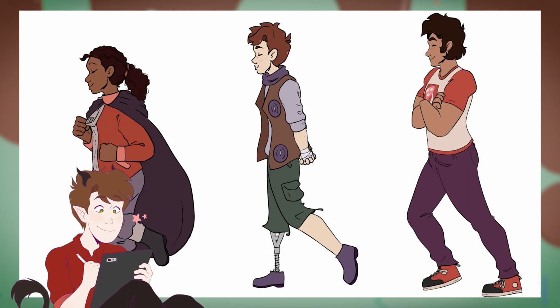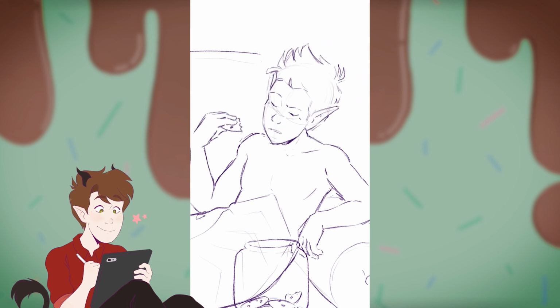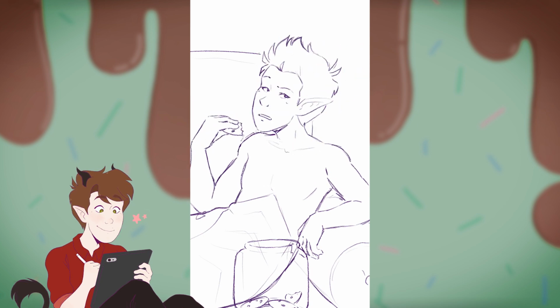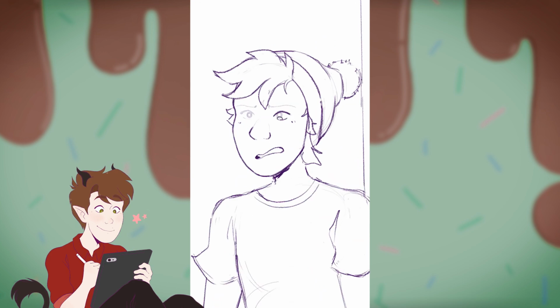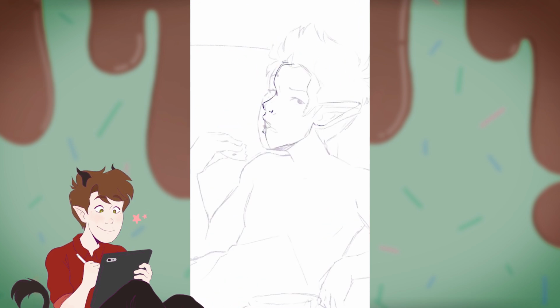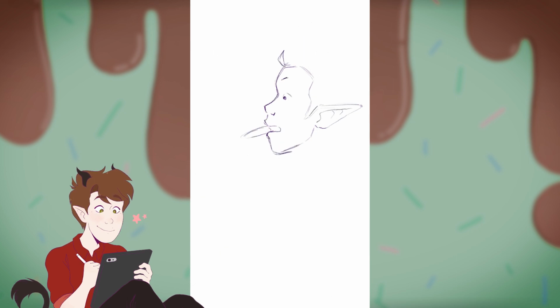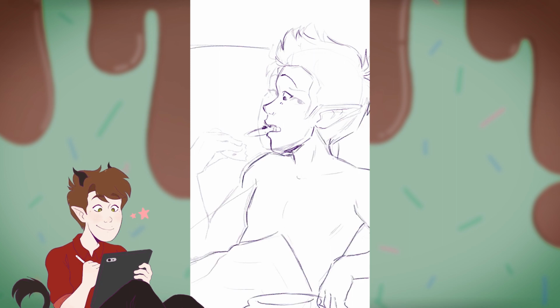This also gives me the opportunity to add more interesting edits in post, like filters, color correction, and more complex camera movement. When I'm doing camera movement in my Procreate animations, I really have to worry about losing the quality whenever I zoom in because it's a set amount of pixels. Whereas if I'm doing something in Adobe Animate, which is a vector program, I can zoom in as far as I want without having to make it all blurry.